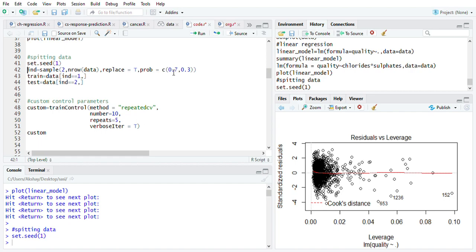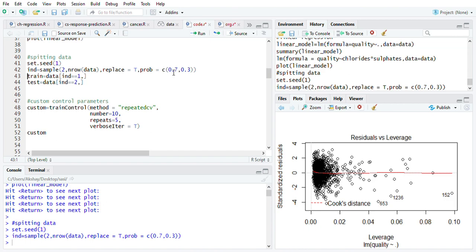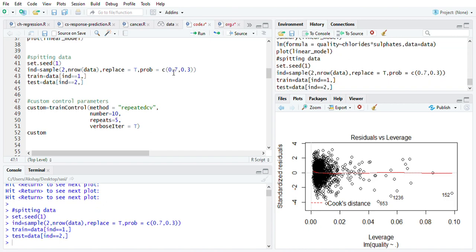If you have a small number of tuples in your data set and build a model, you may get overfitting, so we have to use more training data. And I'm dividing it into train and test data.